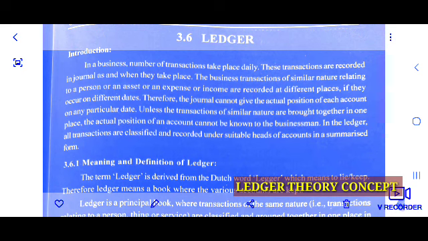So in journal entries, we have seen, we have taken only 8 to 10 entries in a month, but in a business, the actual business, many transactions take place daily, more than 100 transactions, weekly 1,000 transactions, and monthly more than 1,000 transactions. So all those transactions you are going to enter in a journal.